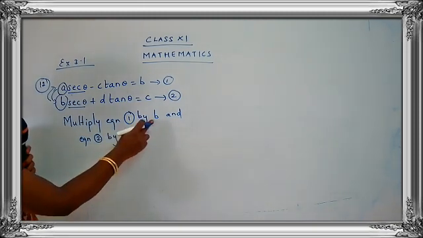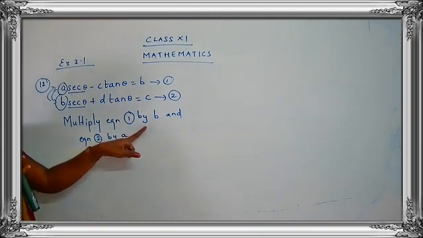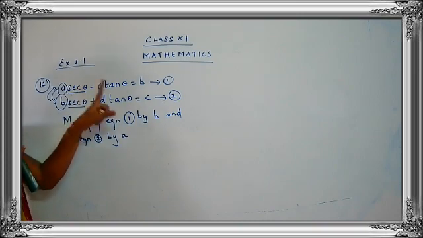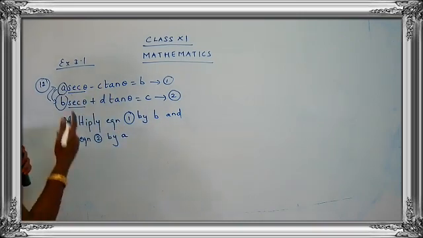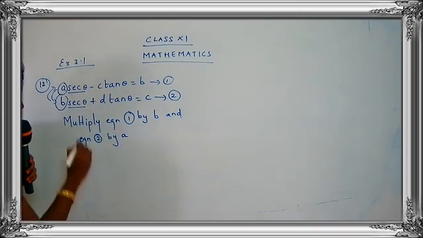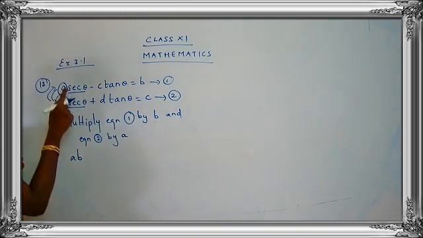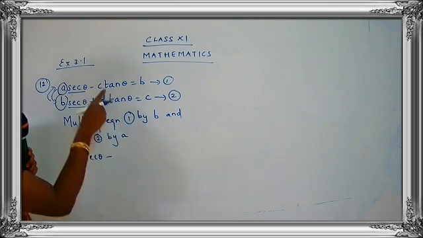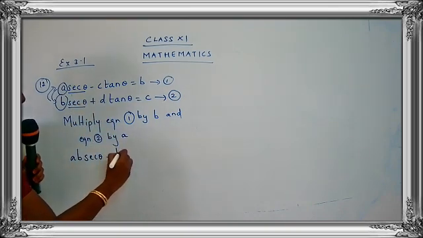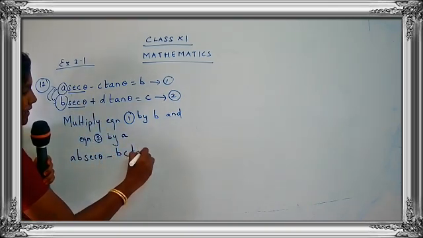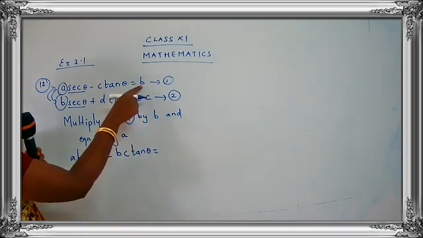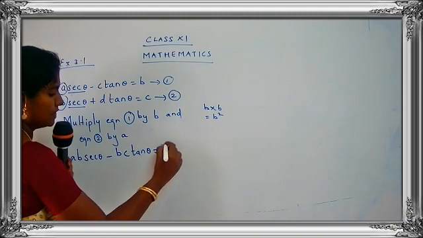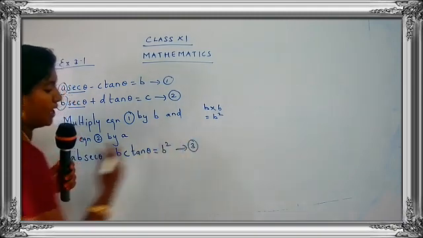So we are going to multiply by b. When you multiply by b, just remember that you are going to multiply by b to each and every term. So what do you get here? ab sec theta, minus, now this is c, so it becomes bc tan theta. And here you are going to multiply by b. So b into b is b square. So I'll put here b square. So take down this equation as number 3.